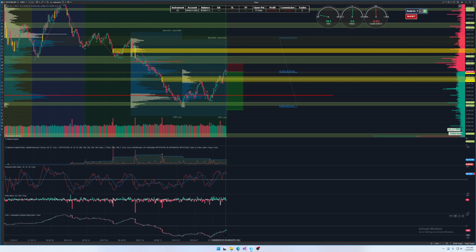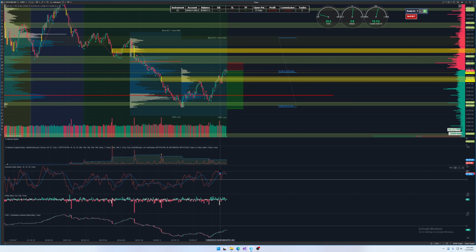Cumulative delta seems to make a little break. Demand index seems to be in a little divergence, so there's another chance the market might turn if this area here goes from a support into a resistance zone. We either wait for that area or at least